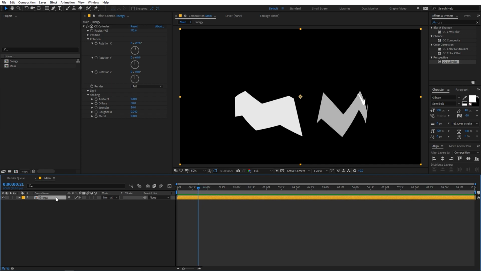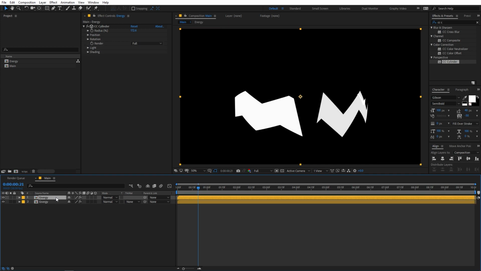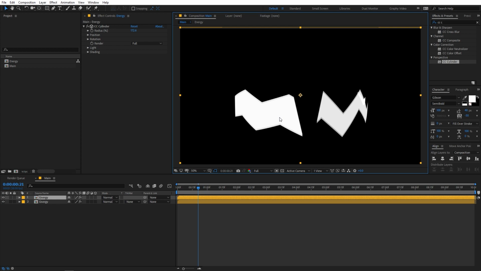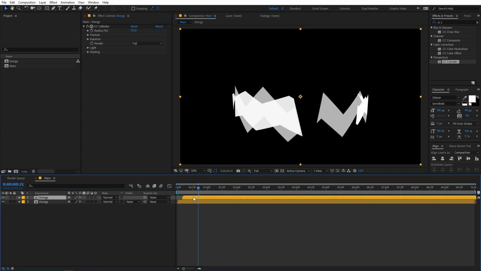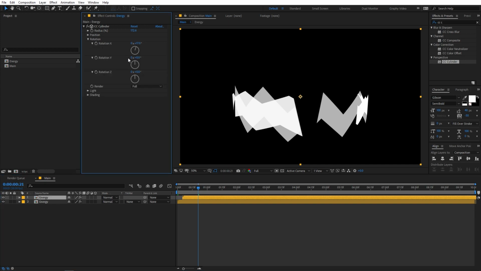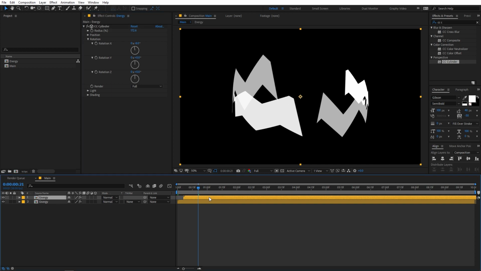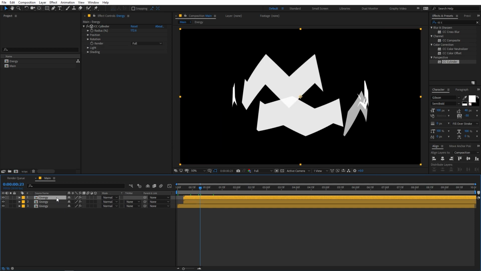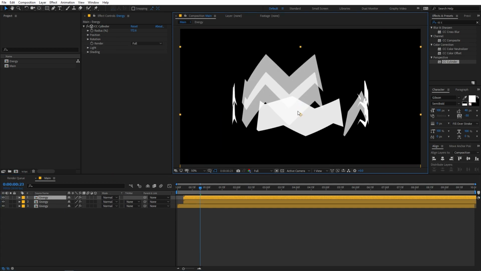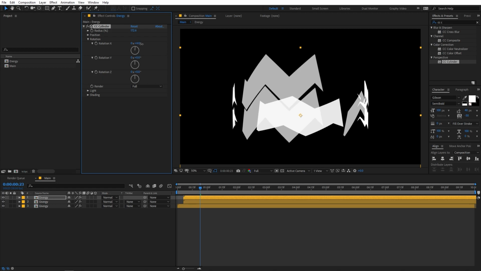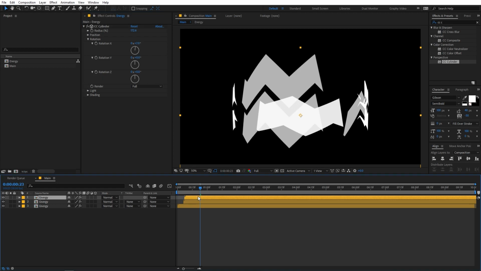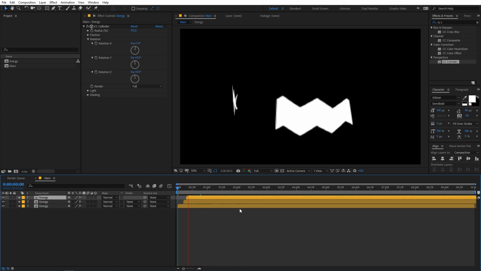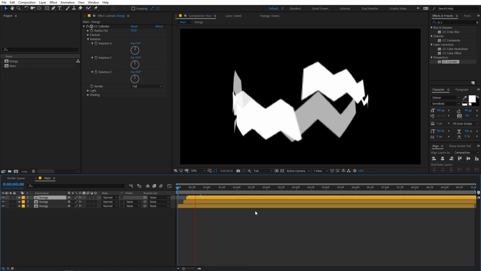Now let's select this and let's duplicate it one more time. Press Ctrl D, and let me just quickly offset this one a couple of frames, something like this. And you can probably play around with the rotation. So I can just simply place it above something like this. And let me just quickly select this and duplicate it one more time, and I'm going to place it below. Again, it's completely up to you. You can play around with these different settings and you can see what looks best for you. Yeah, so I think this is looking much better.